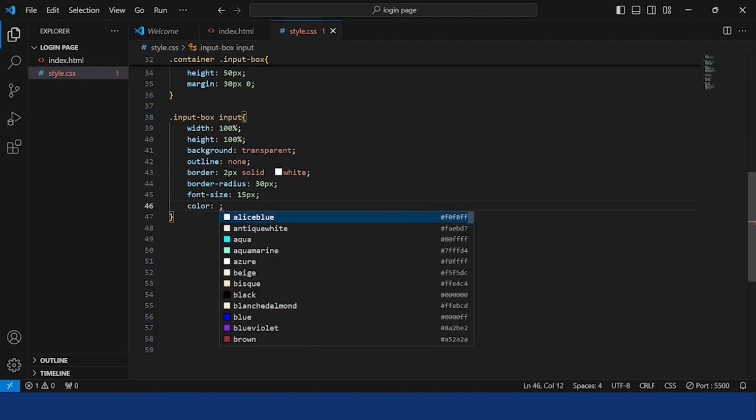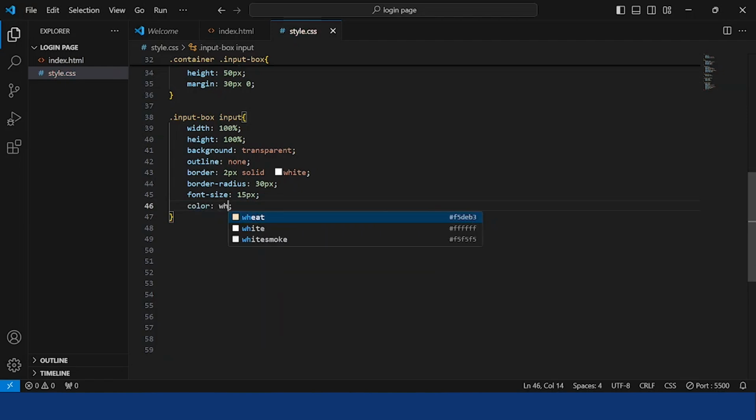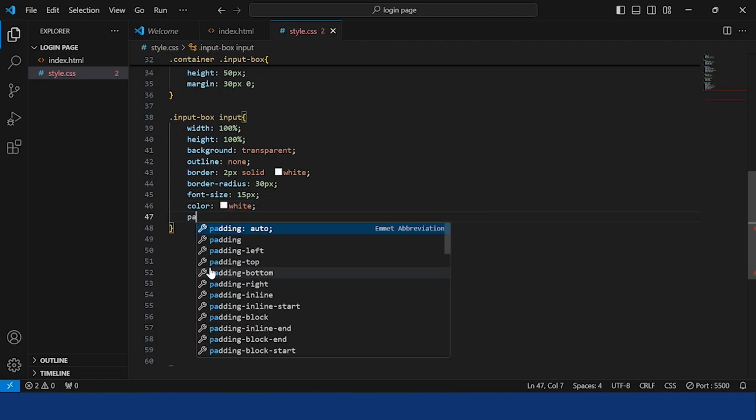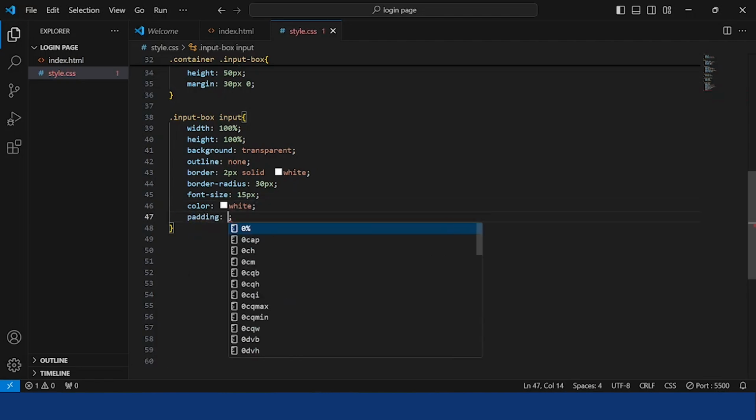Color white. Set the padding to 25px, 45px, 25px, and 25px. Okay,